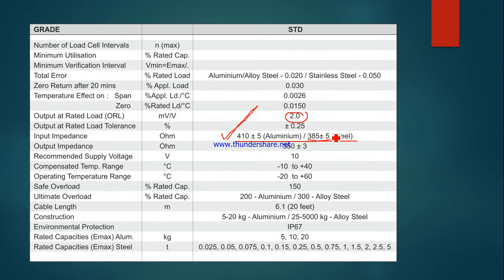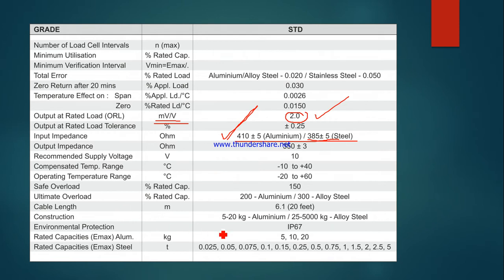During our configuration, a few things we are going to use. One is the output. Here you see the output is millivolt per volt. That means based on the excitation, if your excitation is 1 volt to the load cell, then for full scale it will give 1 millivolt. Similarly, if you apply 10 volt excitation, then at full load, when the load cell is fully loaded with its rated load, it will give 10 millivolt.